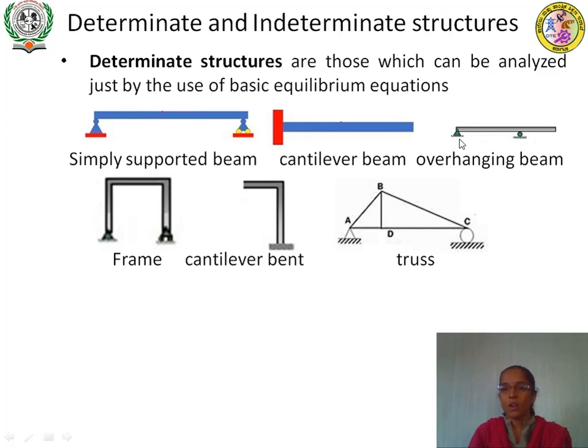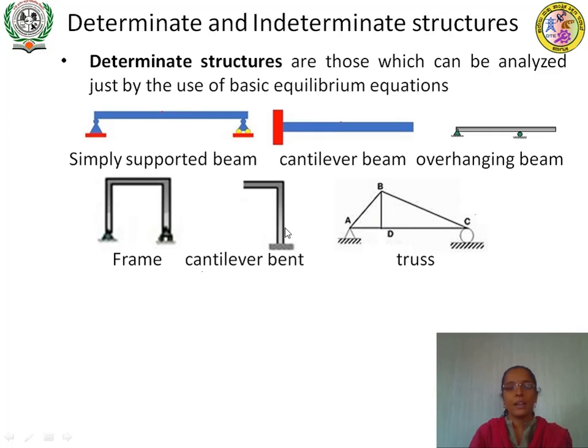And we have an overhanging beam. So this is a hinge, again this is a roller. So total unknowns will be 3. Therefore 3 and the available equations are 3. Therefore it becomes a determinate structure. Okay. And this is a frame wherein one end is hinged and the other is on a roller. So total number of unknowns again becomes 3. Therefore this type of frames are determinate structures.